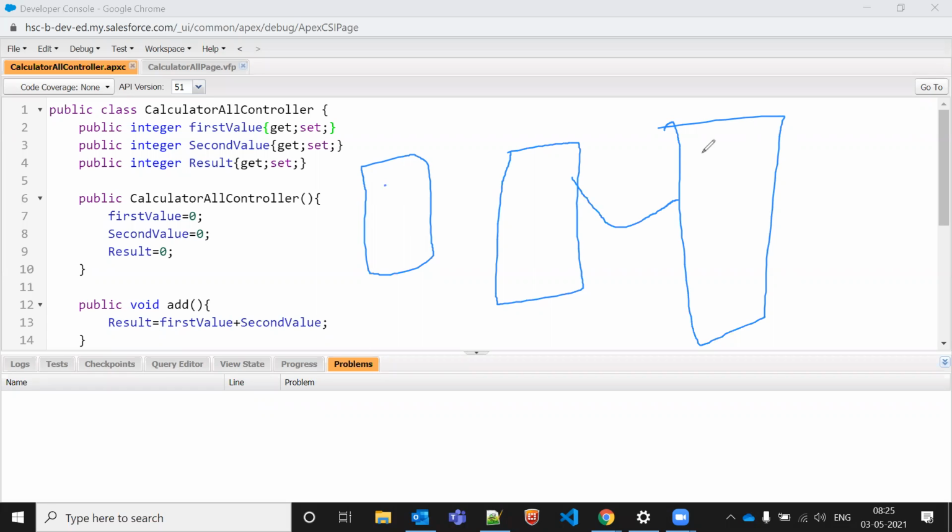If there is some input field on the Visualforce page, I'm entering some value inside this. It is saving somewhere. This second value is a variable. If I'm adding 20 in the first value, then it will make the sum.